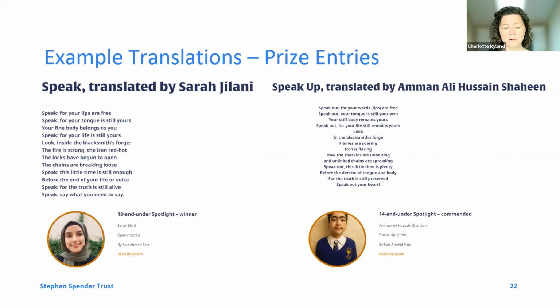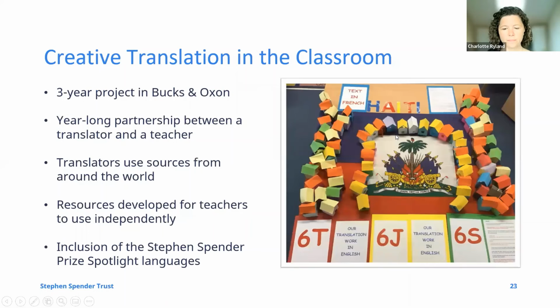approached by different age people from different backgrounds, and that kind of speaks to one of the things that we are trying to do with this work, which is to ideally take one text and then make sure that through scaffolding and differentiation it can be translated and played with by young people of all ages and backgrounds. And so this is a really nice example of that. Okay, so